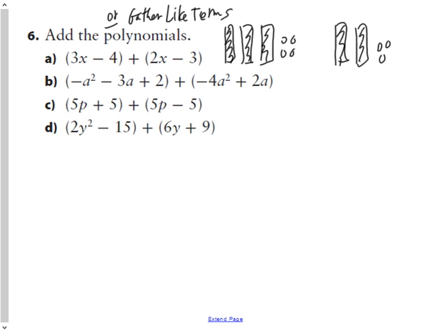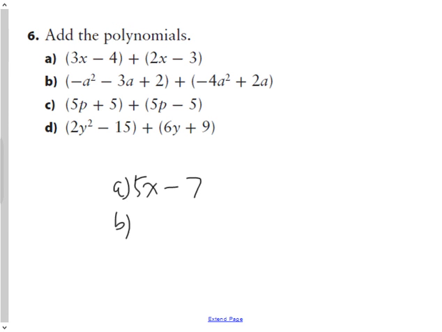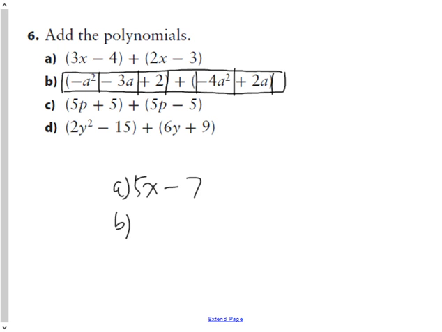So these 3 x's and these 2 x's are going to leave 5 x's. This negative 4 and this negative 3 are going to make negative 7. So my answer for those two binomials added together is going to be 5x minus 7. For B, we have negative a squared minus 3a plus 2 plus negative 4a squared plus 2a. For this one, I'm not going to draw it, but an easier way to do it is to box up your terms with their plus or minus sign,